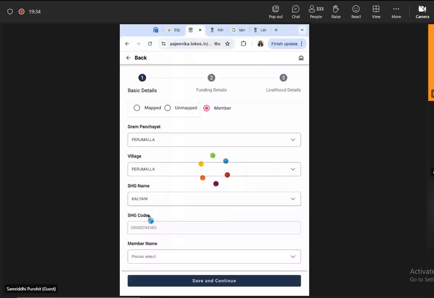See, I'm just creating a dummy profile here. I would not fill it per se because you know how that is to be filled. I'll just let you know that these are the three categories under which the profiles can be created. Again, this SHG does not have approved members. This SHG has some member name.